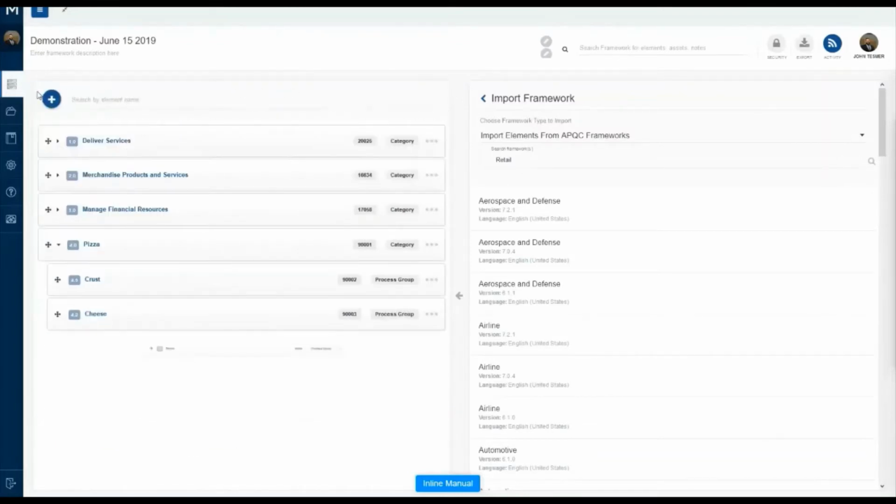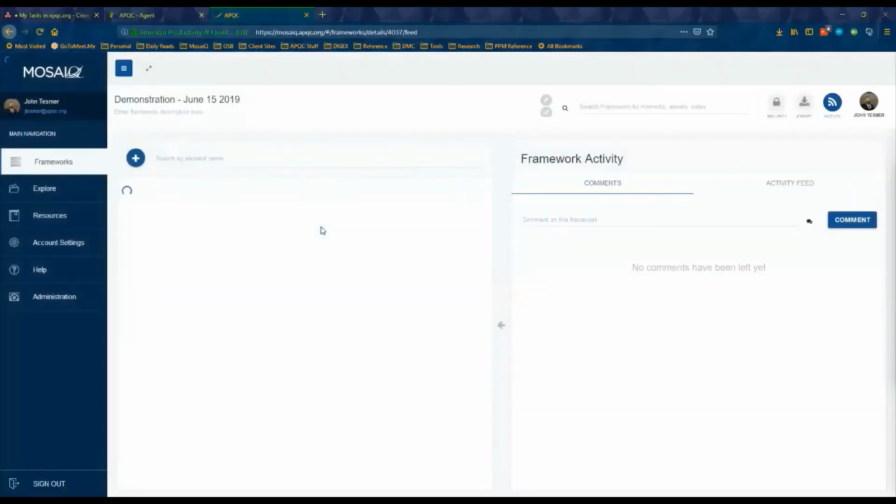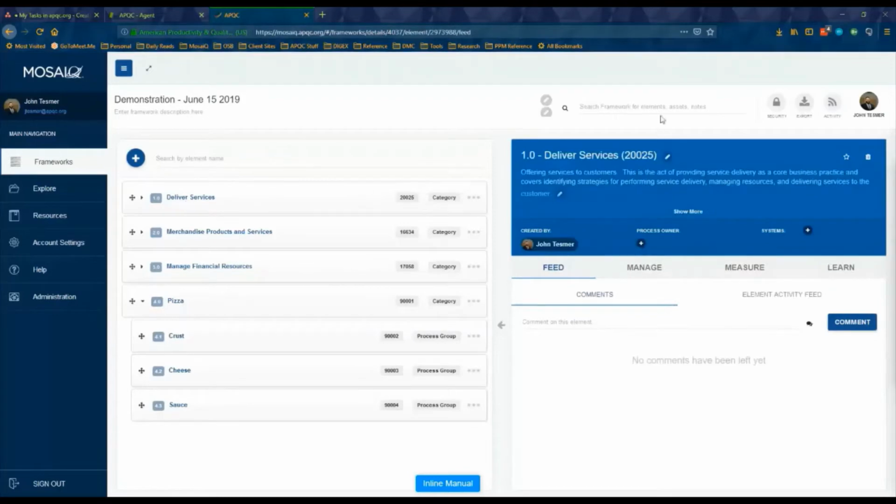Perfect. So now I have my process elements here, and I can go back and just refresh and get that little visual artifact taken care of there. So there's my pizza, crust, cheese, and sauce. Now, for each of these different process elements, I can click on them and see the details of them here